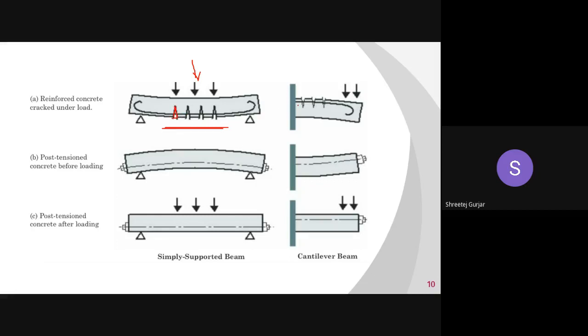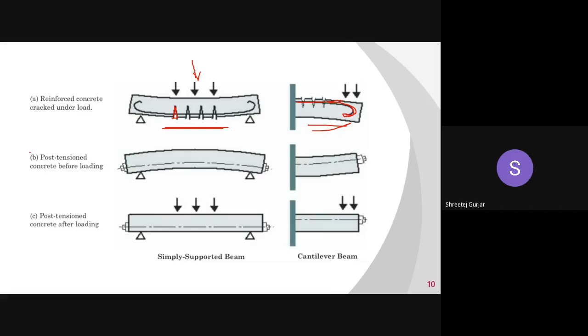So coming to a cantilever example of the RCC element, we can see steel reinforcement will usually be provided in the top part of your cantilever beam. Never in the bottom of your cantilever beam, because your tensile stresses will be in your top region, and we provide steel in tension, not in compression, which will be in the bottom region of your cantilever beam, and hence we do not provide it there. We provide steel where tensile forces are coming. Okay, so that is there.